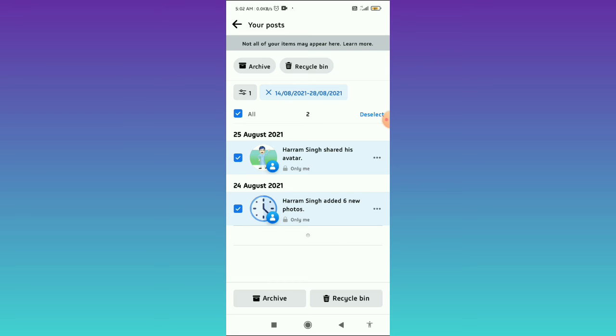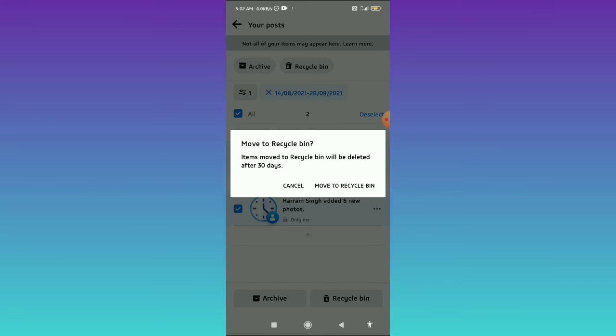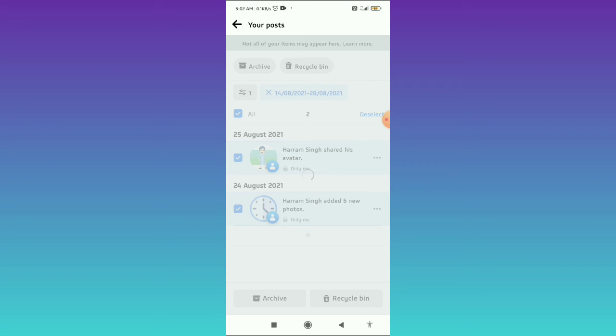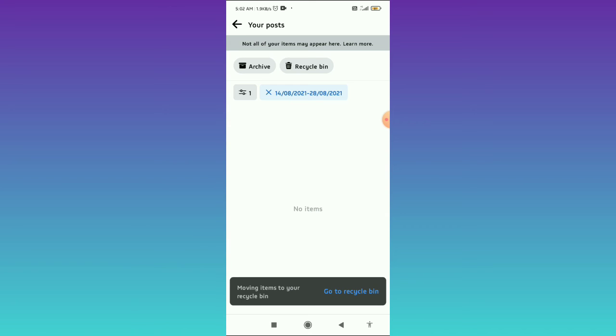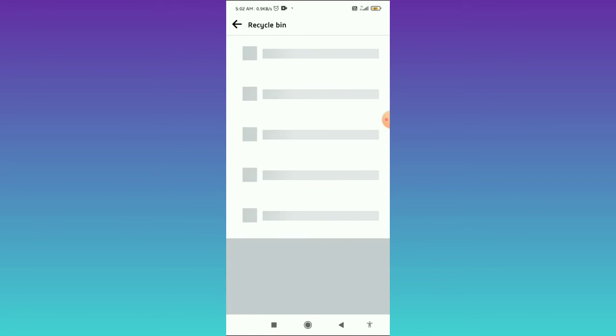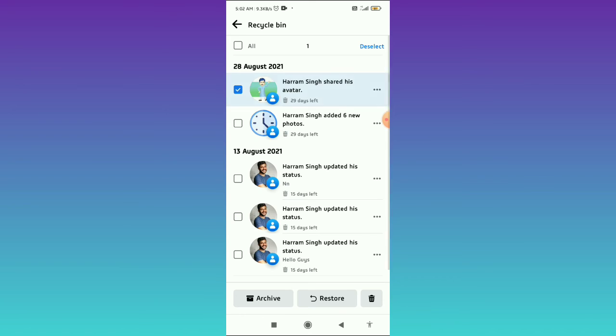of these dates, and then click on the recycle bin in the bottom right corner, and here you can read this warning: items moved to the recycle bin will be deleted after 30 days. So you can click on Move to recycle bin, and after moving to the recycle bin you can go to the recycle bin by clicking on the recycle bin in the top left corner,